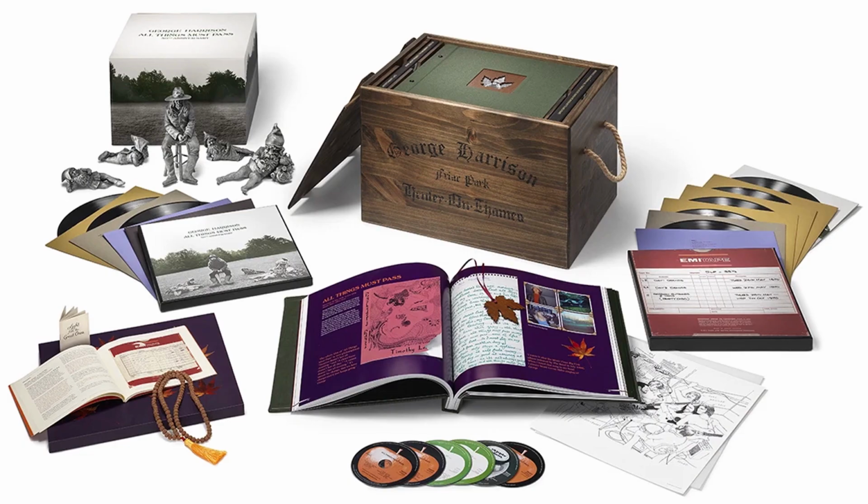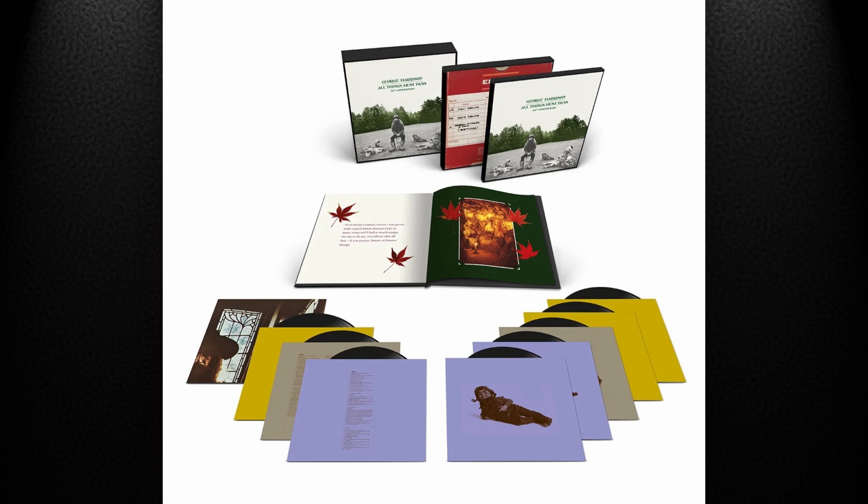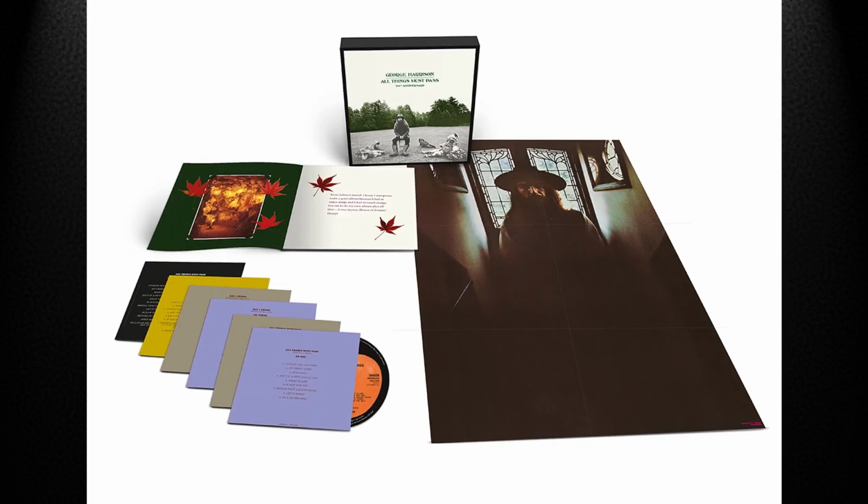Finally, we're up to the most elaborate version available, and that's the Uber Deluxe Box Set. This limited edition set feels very similar to last year's Tom Petty Wildflowers Ultimate Edition. Priced at $1,000, there's no question it's the swag you're paying for here. The Uber Deluxe set essentially combines the 8 vinyl LP edition and the 5 CD 1 Blu-ray edition, and then